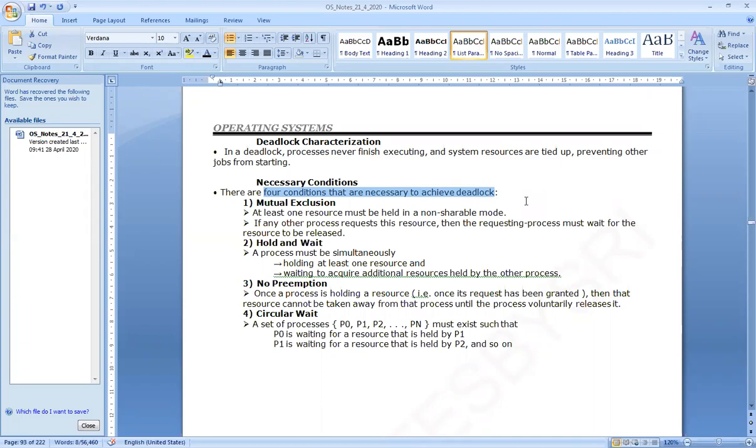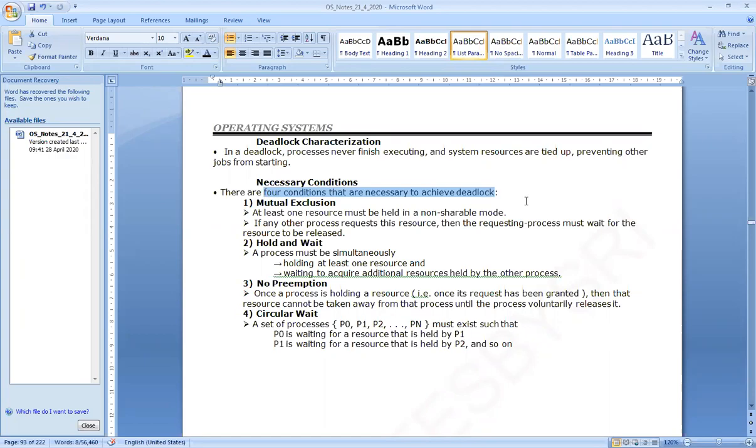If these conditions are present, then we can easily tell that there is a deadlock in the system. Please don't think our operating system works with only one or two processes, as in the example of processes P1 and P2. The operating system works with n number of processes, thousands or even lakhs of processes. At that time, identifying which processes are involved in the deadlock is very difficult. Because of that, we should understand the necessary conditions for deadlock. The four conditions necessary to achieve a deadlock are, first,